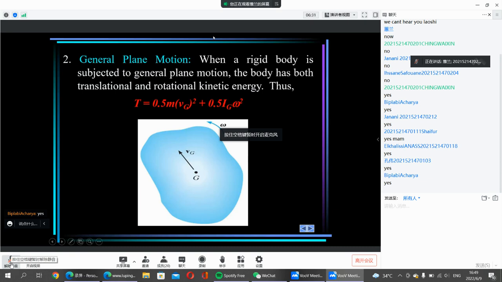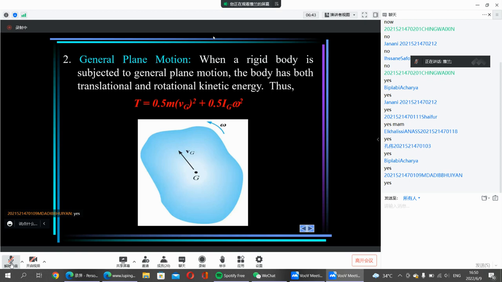Okay, good. So let's start from the beginning. Yesterday we talked about the kinetic energy for a rigid body. For a rigid body, we have the translational kinetic energy and rotational kinetic energy. For translational kinetic energy, we know that any body that is translating behaves like a particle. So for a translating body, its kinetic energy is 0.5 times the mass times the velocity